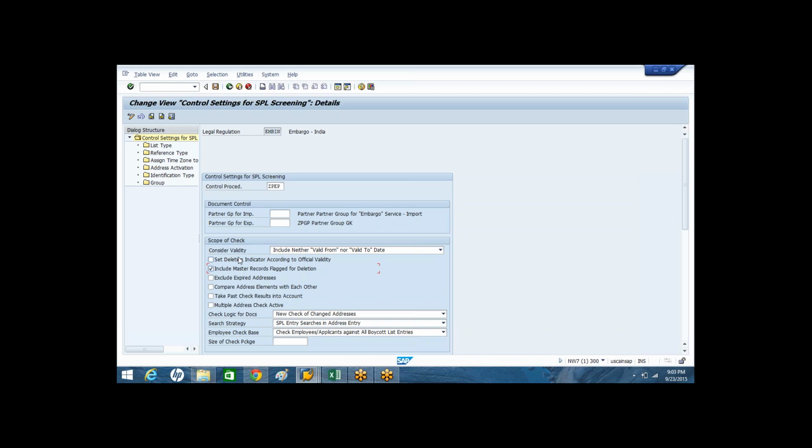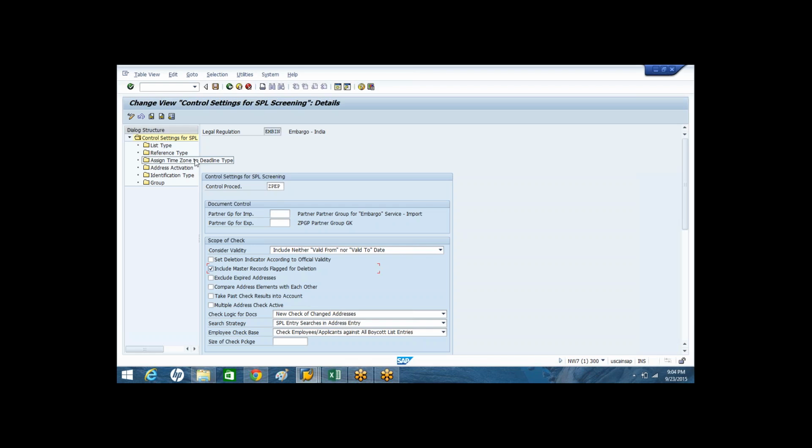So if any master record is flagged for deletion, you can tell the system whether you want to include those master records for the SPL screening process, or you don't want to include them.